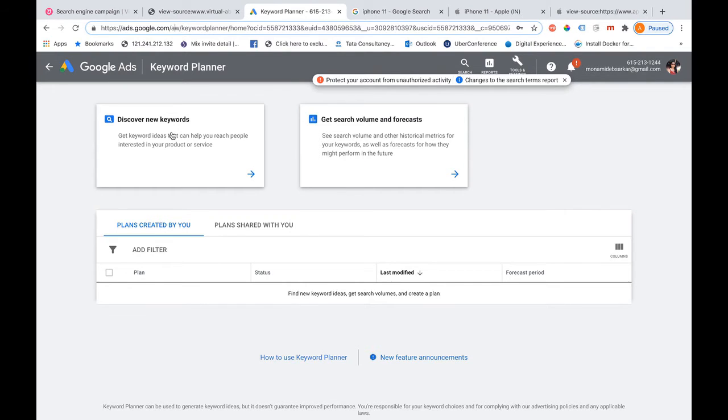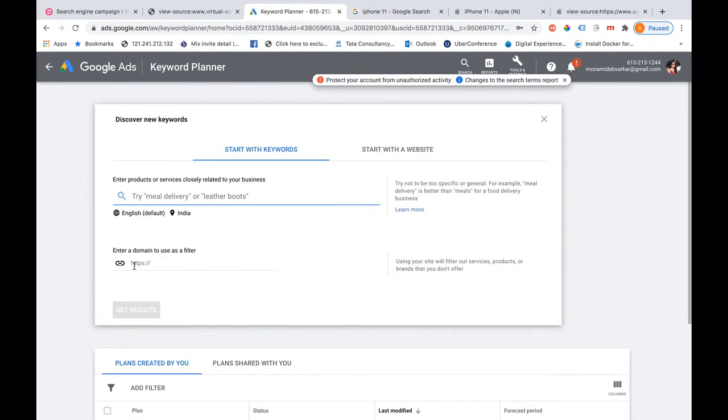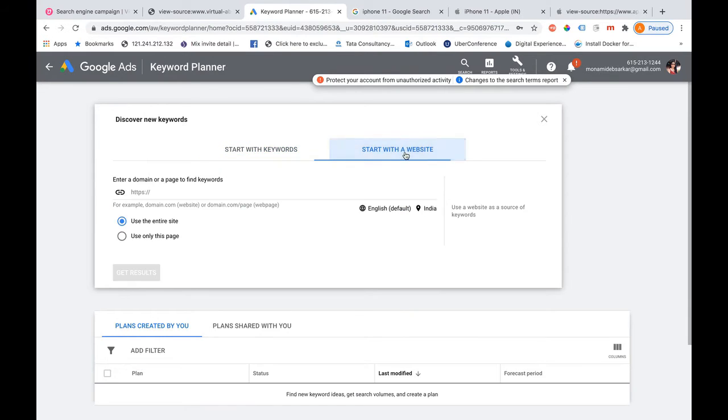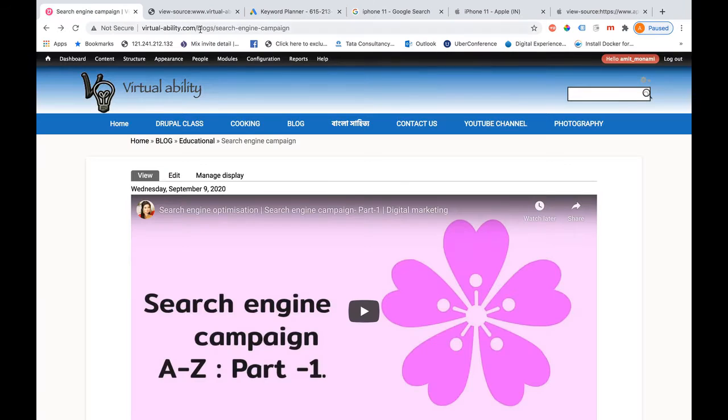So let me click on discover new keywords. If you want to search with the URL from your website, it will give you a lot of suggestions for your keywords, or you can search with certain keywords here. So let me use my site URL.